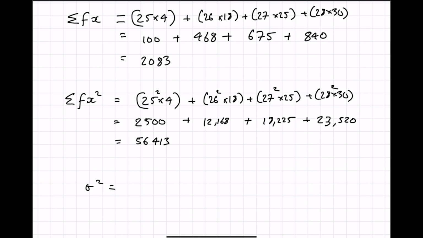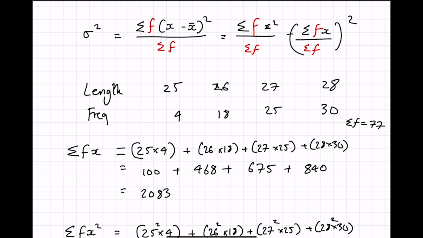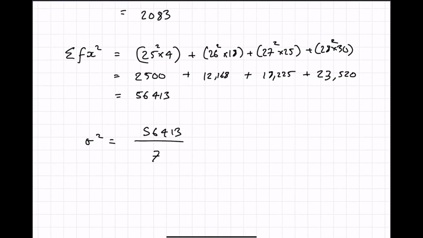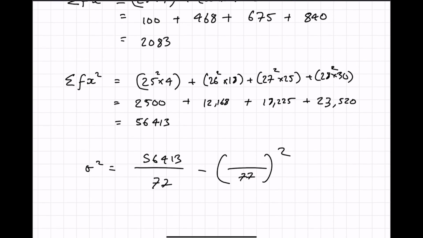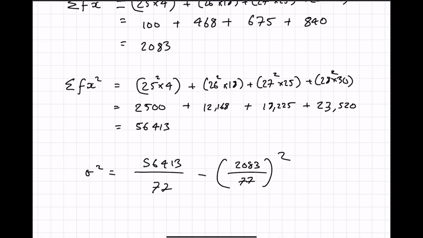So our variance is quite simply 56413 over the sum of our f's, which is 77, minus, in brackets all squared, that sum there, 2083. I won't put that into my calculator for now, but whatever you get for this in your calculator would give you your variance, and then if you square rooted that, you would get your standard deviation. That's pretty much how you do this kind of question for a fixed